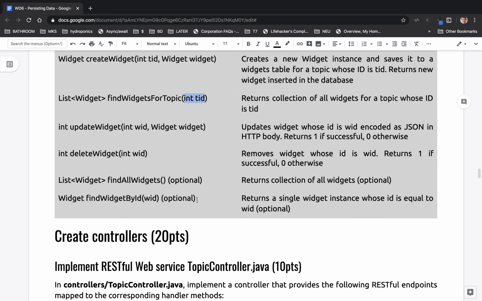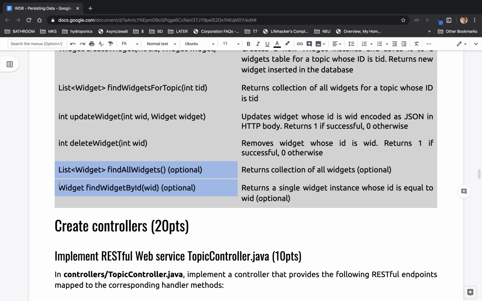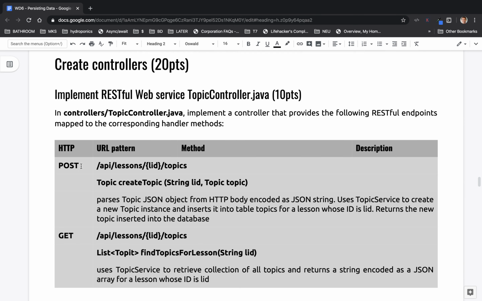Update widget, delete widget. These two, find all widgets and find widget by ID. Again, these probably you're not going to get to use in your code. Nevertheless, implement them. Controllers, you're going to expose